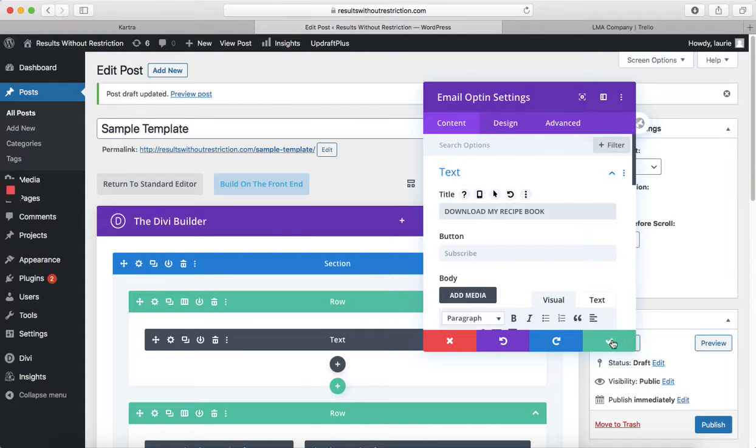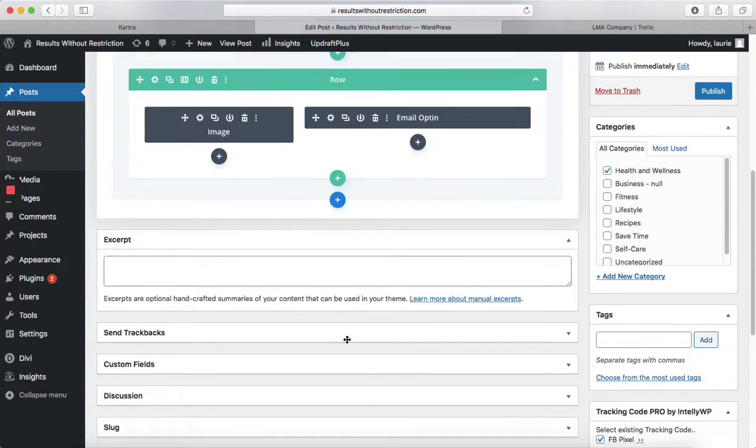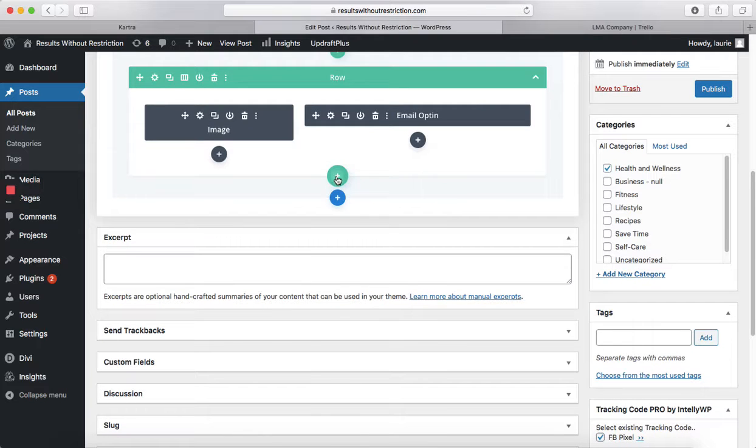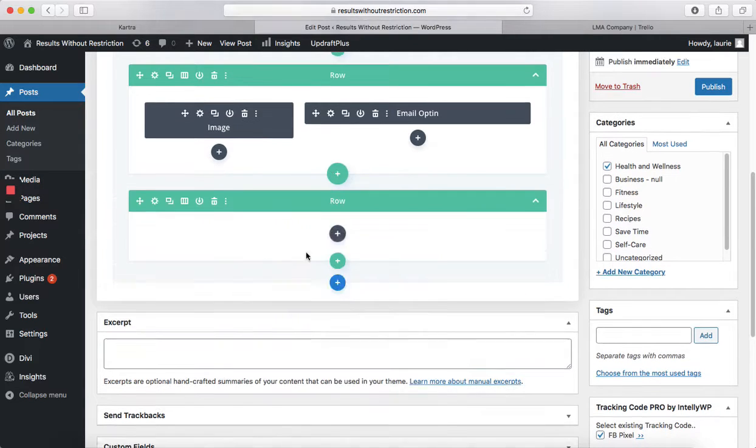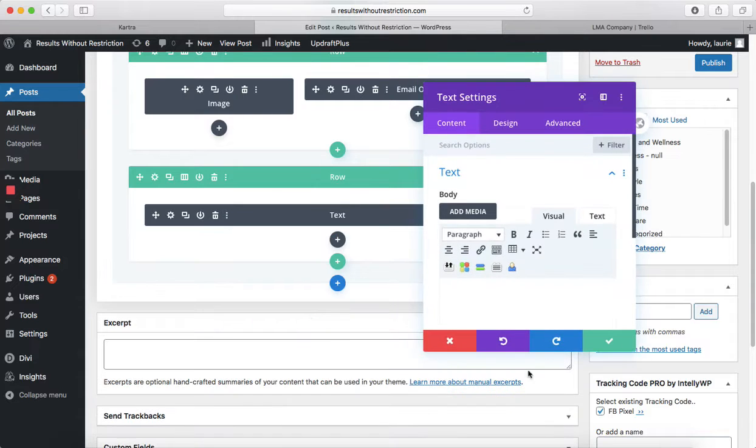Okay, so we have our opt-in, we might want to have a row here for our related posts. So after we have somebody who reads our post, maybe they want to read some other blog posts that we've written. So I'm going to populate this text after. Right now I'm just going to go in and create the different columns, and the text that's going to go